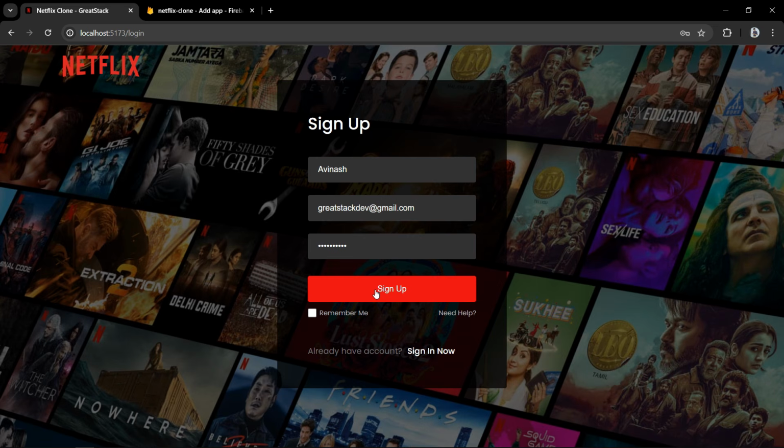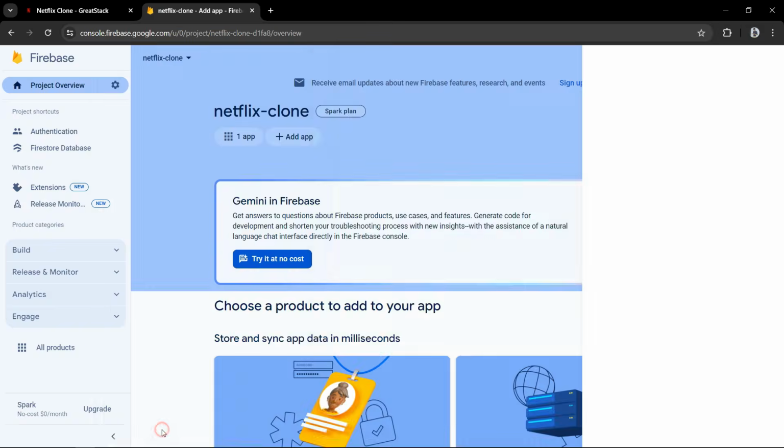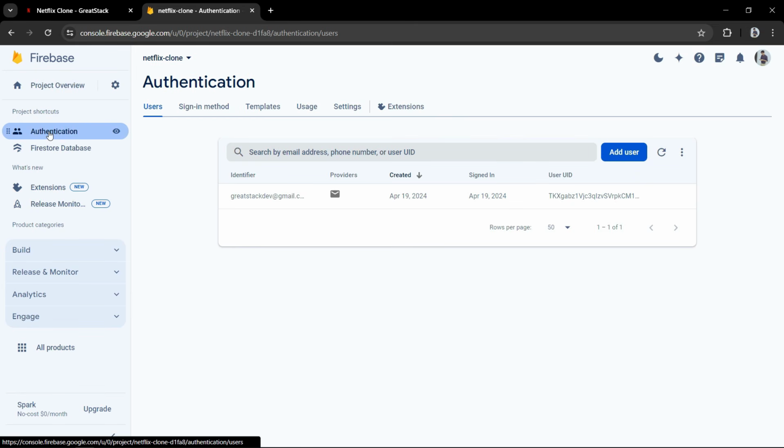So after clicking here, let's come back to the Firebase database. Click on continue to console. And now we'll click here on this authentication. So in this authentication, inside this user, you can see we have a new user with the email ID. So user registration is successfully working on our website.